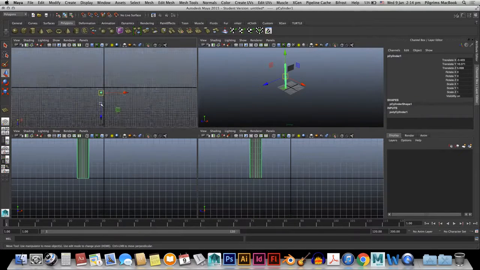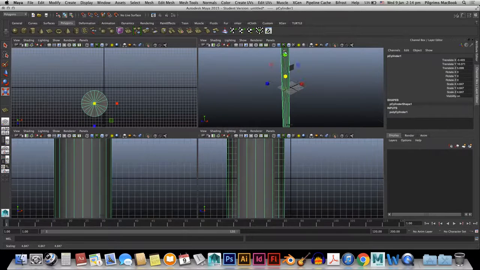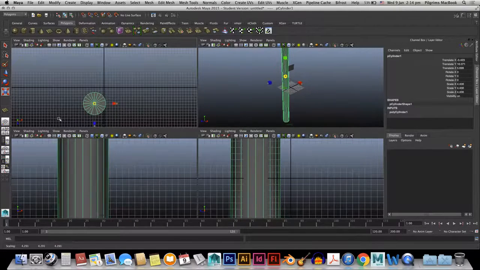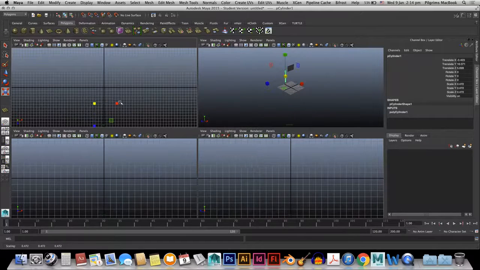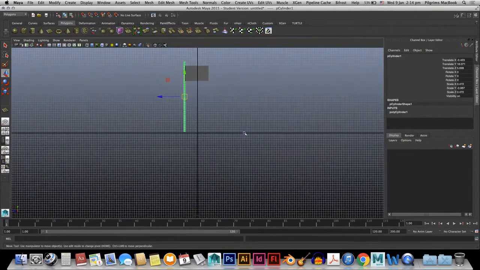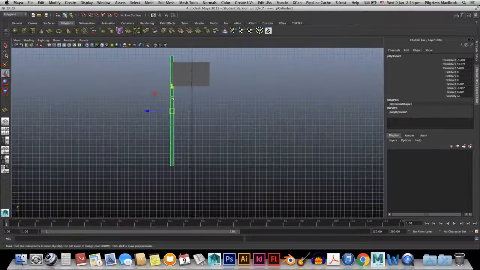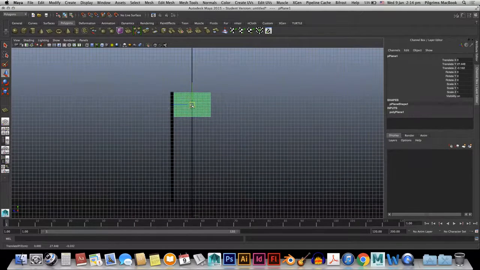Now we'll select the cylinder, we'll decrease the size of it, and we'll increase the height. Select this flag, move it somehow here.